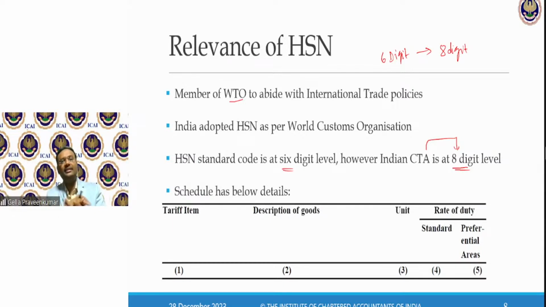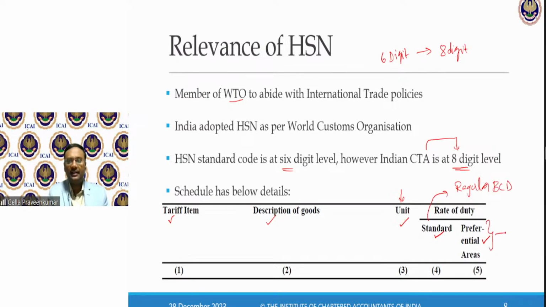If you happen to read this Customs Tariff Act, Schedule number 1 or Schedule number 2, there will be a reference to tariff item, like this is my HSN. That has a description in column number 2. For this description, there's a standard unit of measurement for each product defined under customs law. Based on this, either there is a standard rate or a preferential areas rate. Standard rate is your regular basic customs duty.